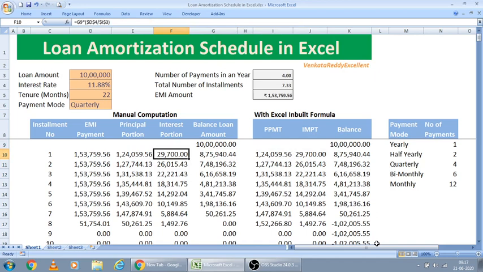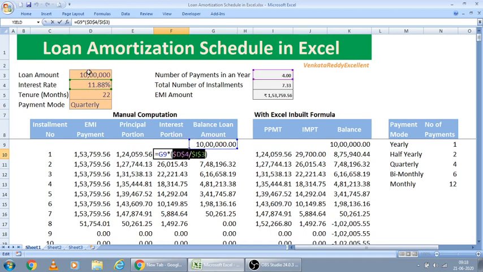Before that, we have to understand the logic behind these computations itself. The banker will charge interest on the previous month's balance loan amount. It means in the beginning of the period, they will be charging on this 10 lakhs into the interest rate. On the principal amount, they will charge the interest. So we will get the interest for that particular period by computing the total loan amount or balance loan amount into the interest rate for the period.